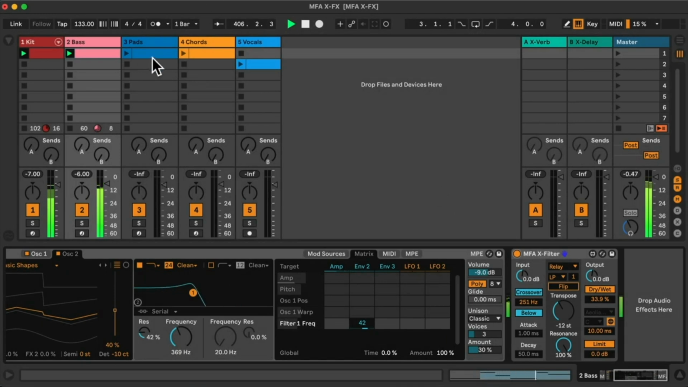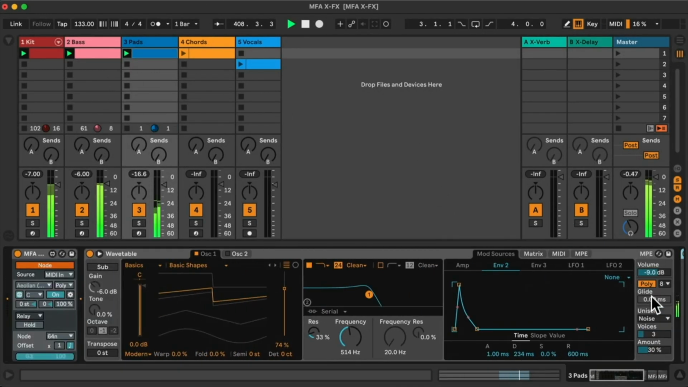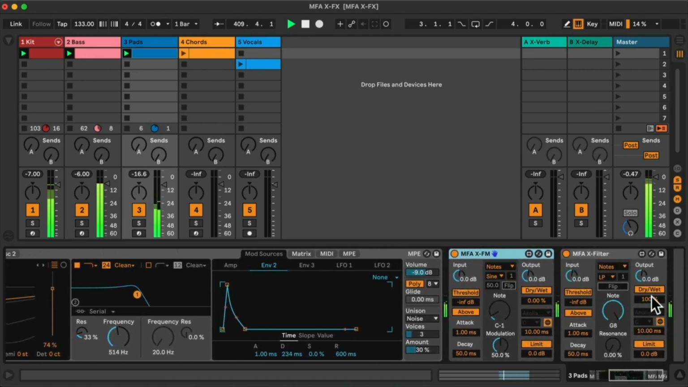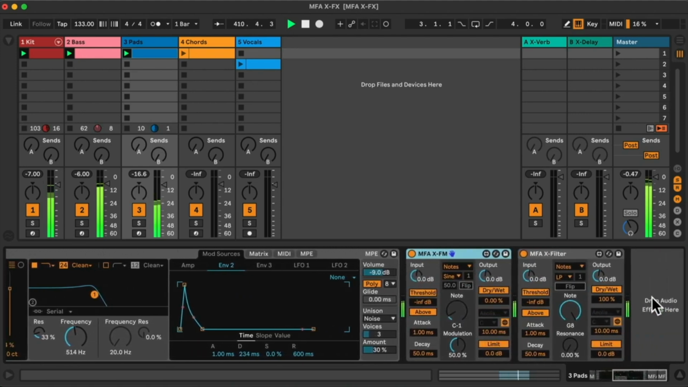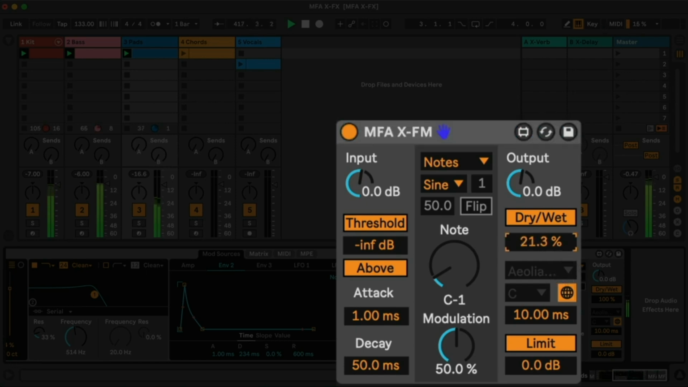I think it might be useful to try out the pads here. And I'm not going to worry about the X relay so much, but it does really expand the capability here. I'm going to use the XFM, which allows me to use frequency modulation to adjust any sound anywhere in my set. So I've got this very low tuned sine wave,